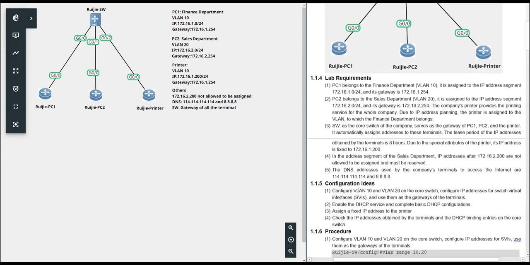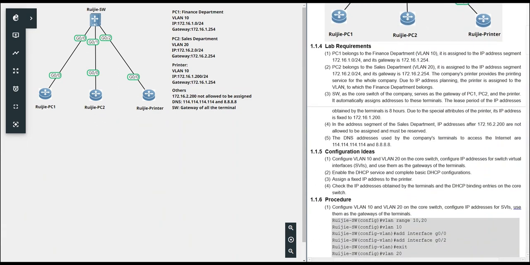And then let's see the lab requirements. Here PC1 belongs to the finance department, and we define the VLAN as VLAN 10. And the IP segment is 172.16.1.0/24, and the gateway address is 1.255.